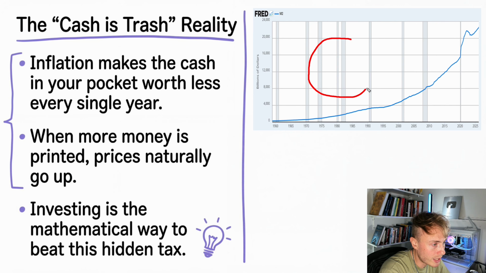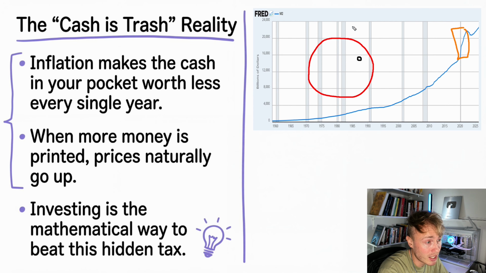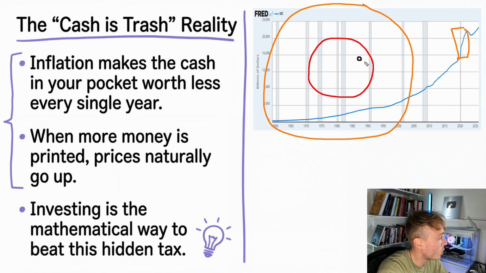Let's say that this circle right here is the total amount of money in the economy. And for simple reason, let's say that you own this amount of the whole economy, of all the cash in existence. This is a lot of money, so let's imagine that you are super rich, you own a lot of money. But let's say that the government then starts to print. Let's say it's during COVID right here, and the government prints tons and tons of money. So now the total amount of money in the economy is not this red circle anymore. Now it's this